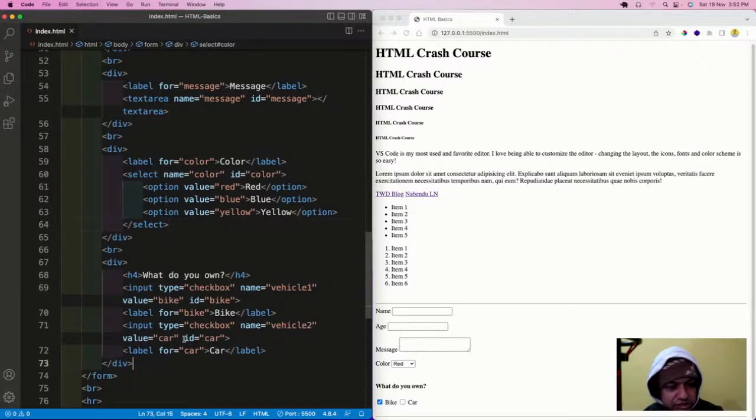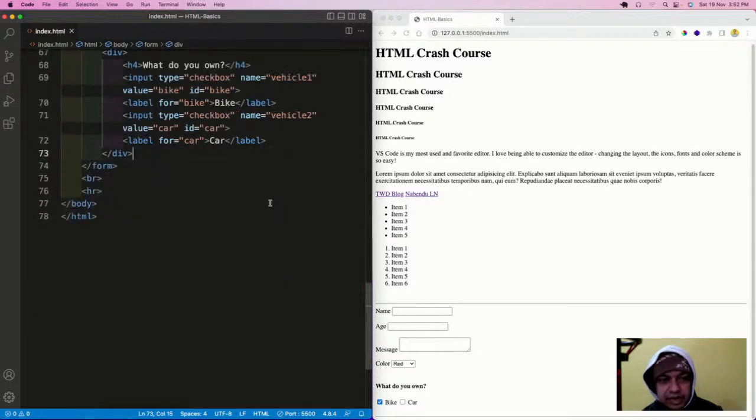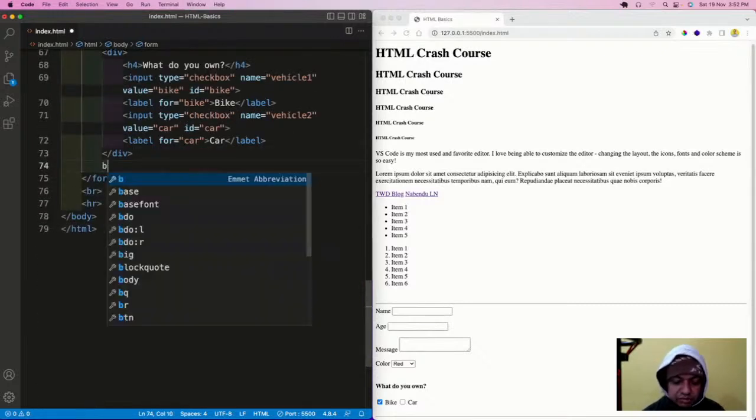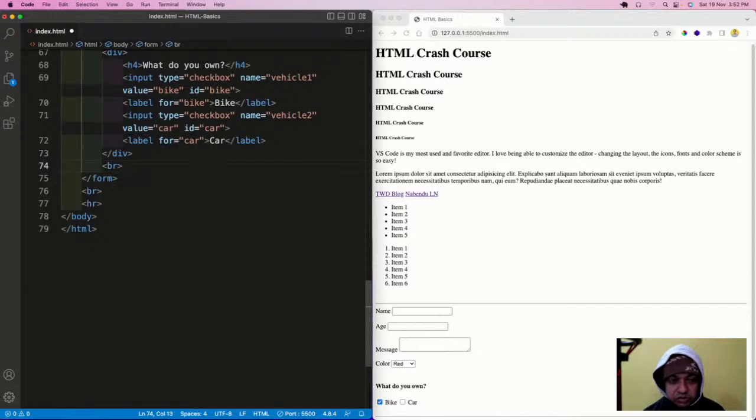Now the next thing, like the checkboxes, is the radio boxes. But radio boxes are used to take only one input. Radio boxes are very popular for taking the gender.